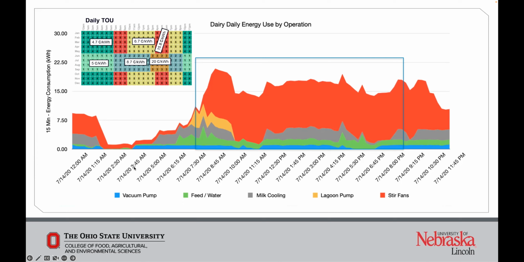So you can see with our vacuum pump motors, you kind of see the cycles here. Looks like there's probably a 3 o'clock milking that starts with this blue here, and you can see that they wrap up, and then there's a spike where they're probably flushing out the lines. And it looks like, again, around noon, we're having our second milking cycle. Wraps up, a little bit of spike where they're flushing the lines, and then an evening cycle that probably starts